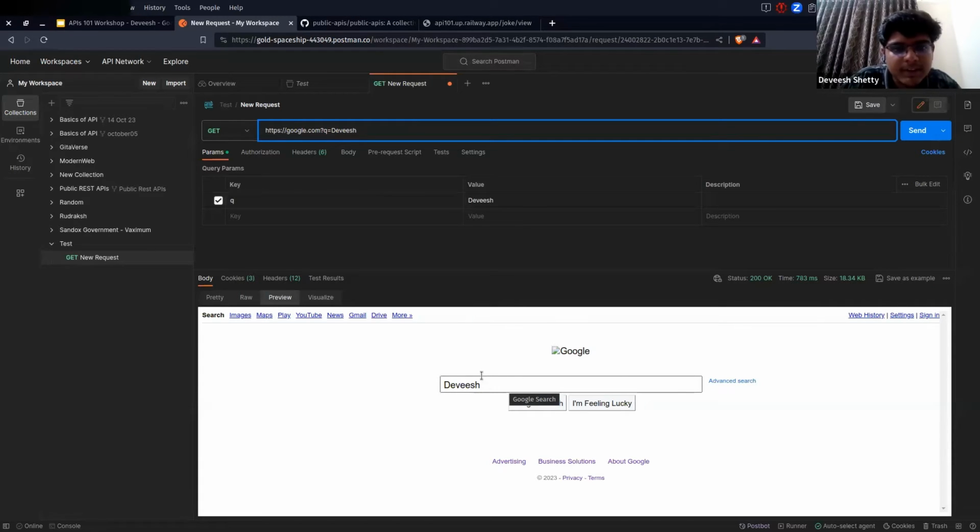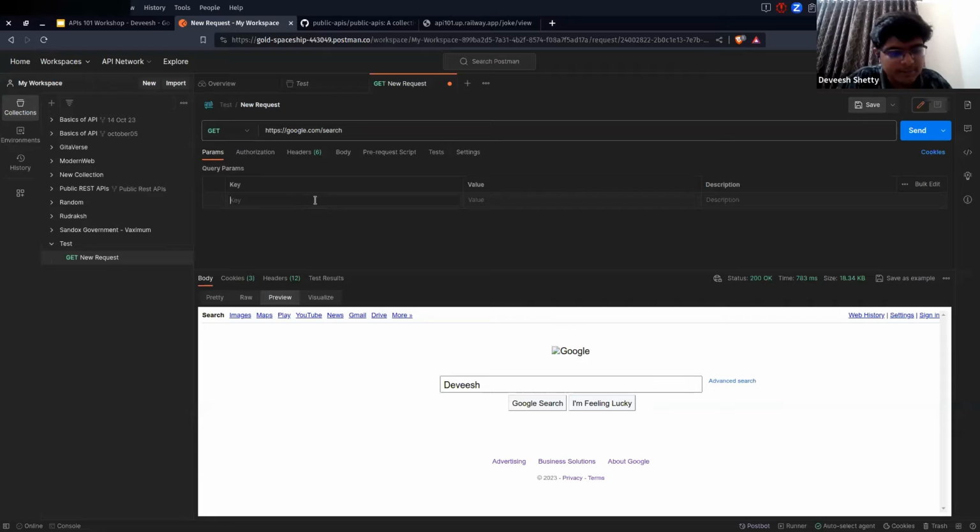Here the path comes in. See, this is a very big address. It is pointing to the Google address, like Google main page. Now I want to search something. So what I can do, I can put /search. So this search is the path. And this google.com is the address or the domain. So search is a path. So here the same thing I will put query as Deveesh.